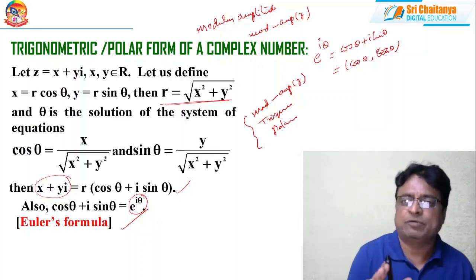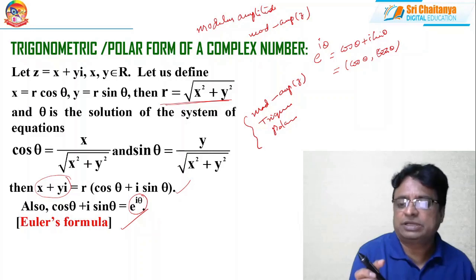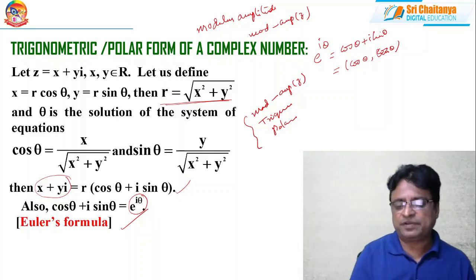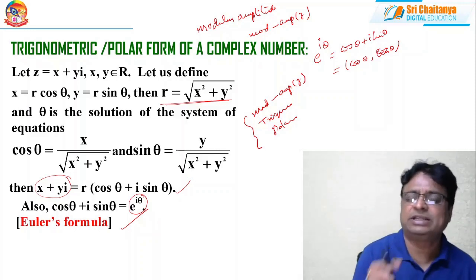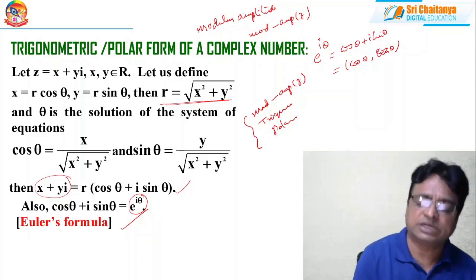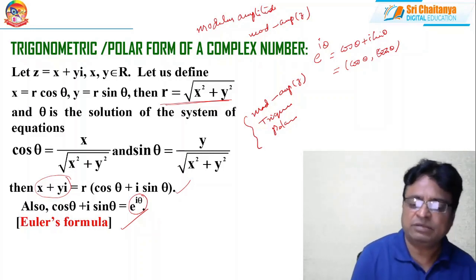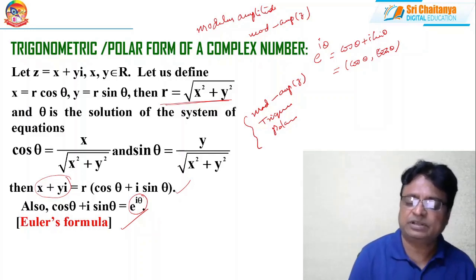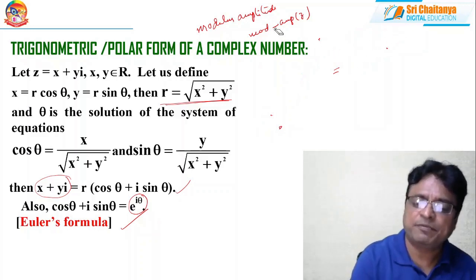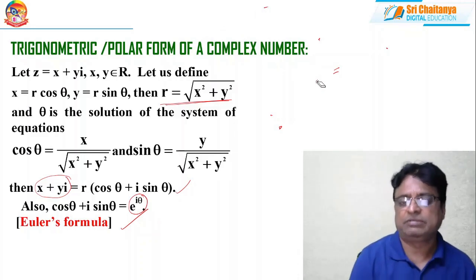Everything is the same. The only thing is, any Cartesian equation, that means an equation in terms of x and y, is called Cartesian form. If that can be represented in terms of small r and theta, then that is called polar form. And here trigonometric terms are involved. That's why it is also called trigonometric form. And moreover, here r is nothing but the modulus of the complex number and theta is nothing but the amplitude of the complex number. This form is also called mod amp form of the complex number. These are all different terms and terminology that we have to practice.